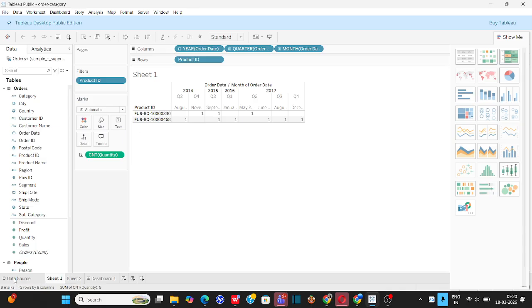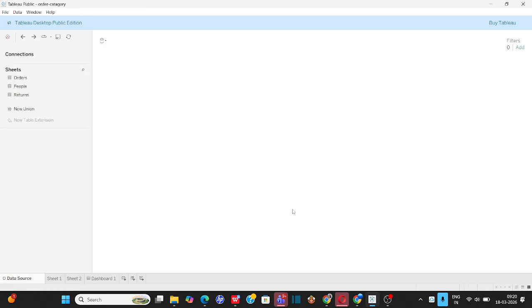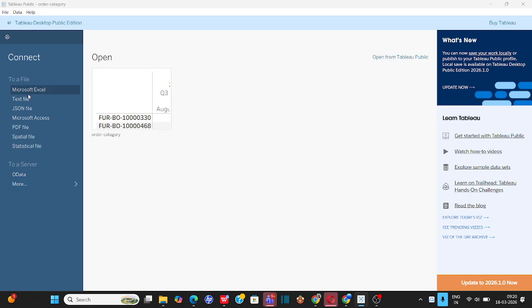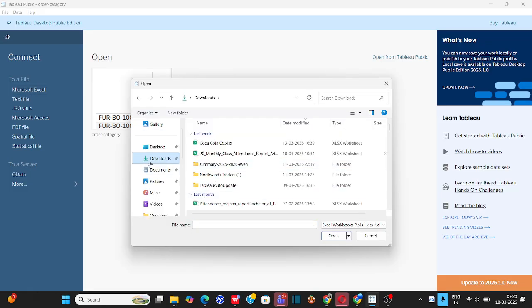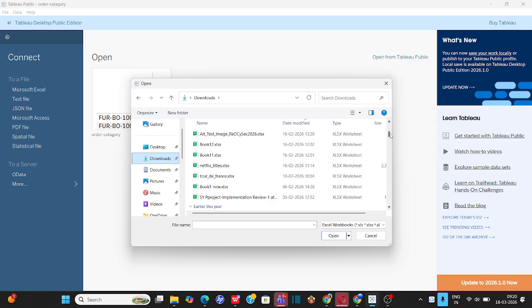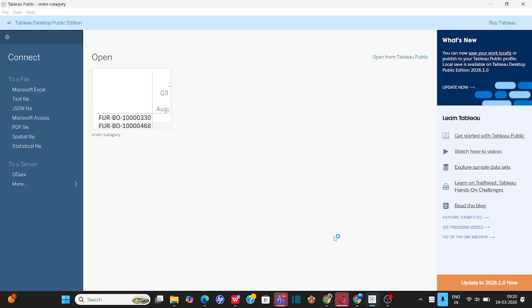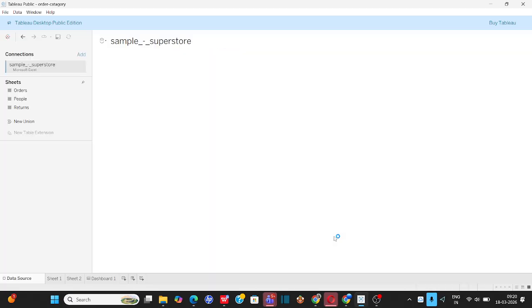So you can see here that you can connect with a Microsoft Excel file or a downloaded .csv file, like your supermarket or your Netflix titles, right? And you can connect this file here. It is already connected, but still I am showing how to connect it. Okay, after connecting it,